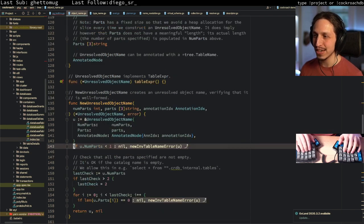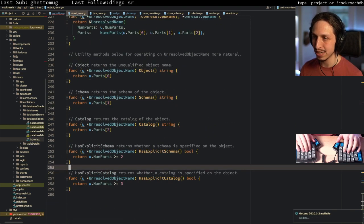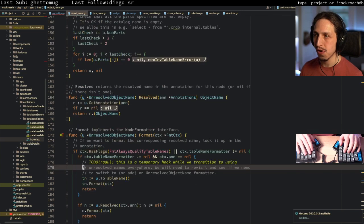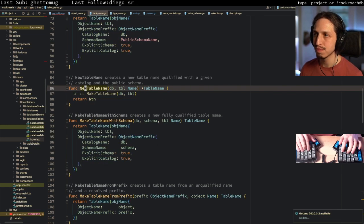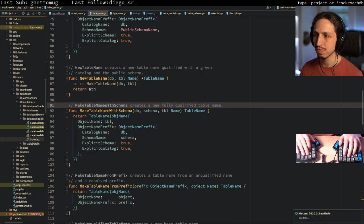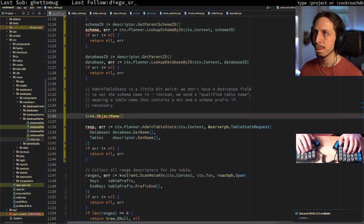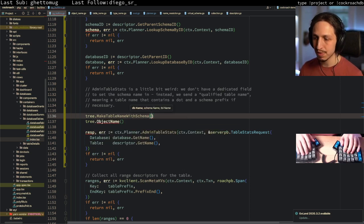Okay, so let's see. We're gonna make a new, how do I make, isn't there a way to make a schema qualified table or something like that? Spanners ruin my view on database because I only see problems in other databases. Isn't it like a new table name somewhere? Make table name with schema. I feel like I want to use this thing, right? Make table name from with schema, maybe? We can say kind of